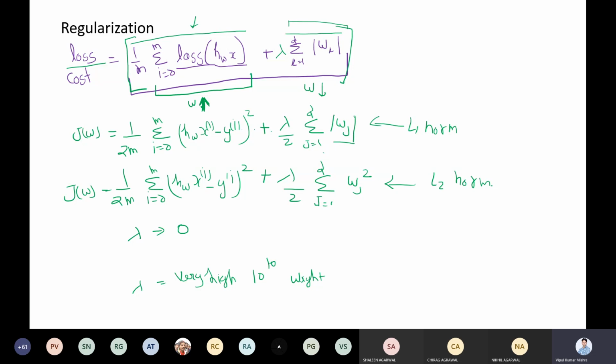Yeah, very low, underfitting. It will try to reduce W as much as possible, or you can say it will try to push all W's towards zero, because once they all become zero, this part will become the minimal value. So if you have a high value of lambda, it will try to force you towards underfitting, and if you have a low value of lambda, it will try to push you into overfitting.